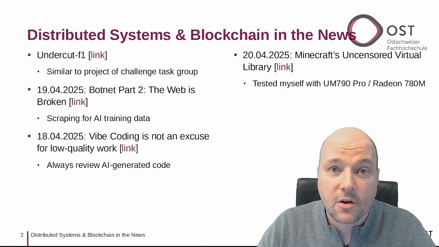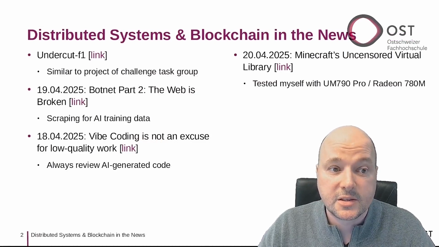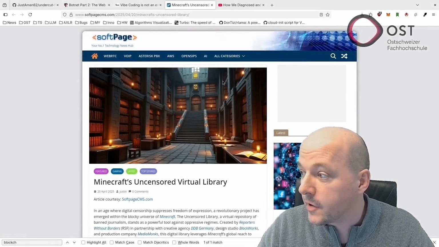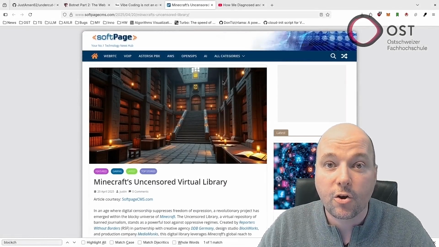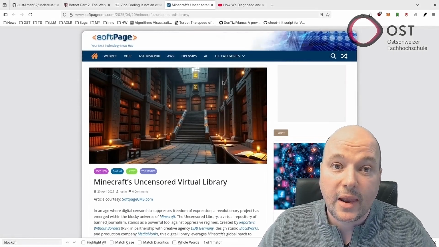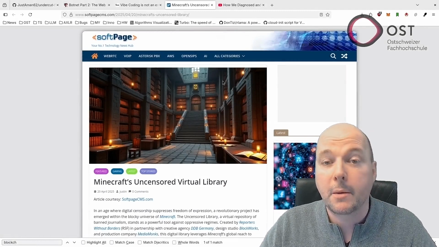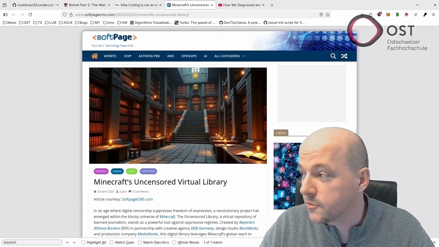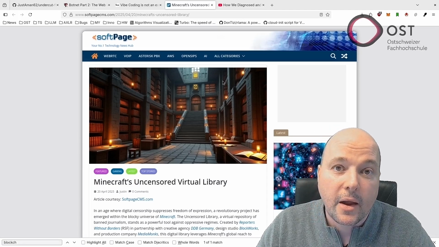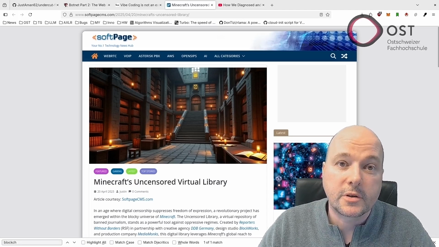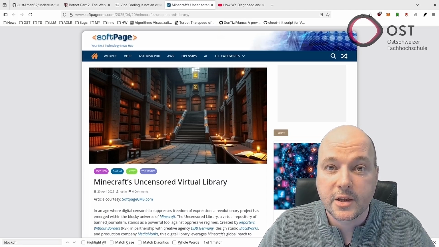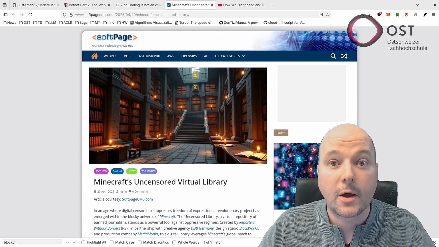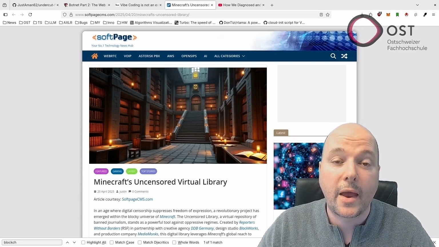The next article presents the Uncensored library created within Minecraft. It's the following article here. This virtual library serves as a way to bypass internet censorship in countries with restricted press freedom. Built by Reporters Without Borders and partner organizations, the library contains banned journalism from around the world, accessible to anyone